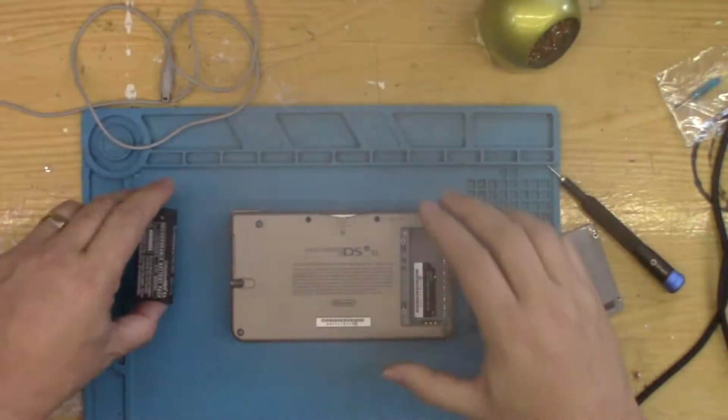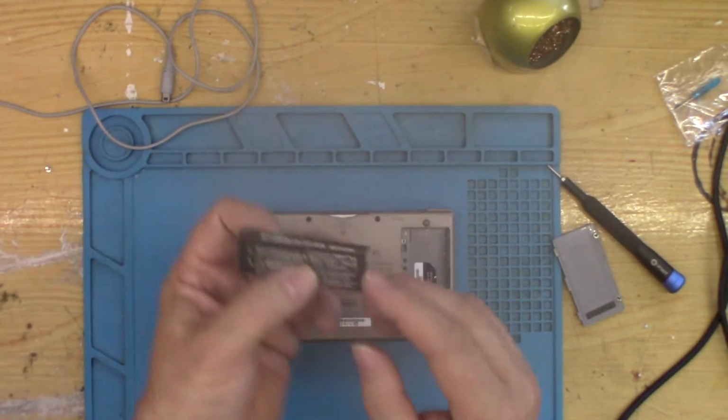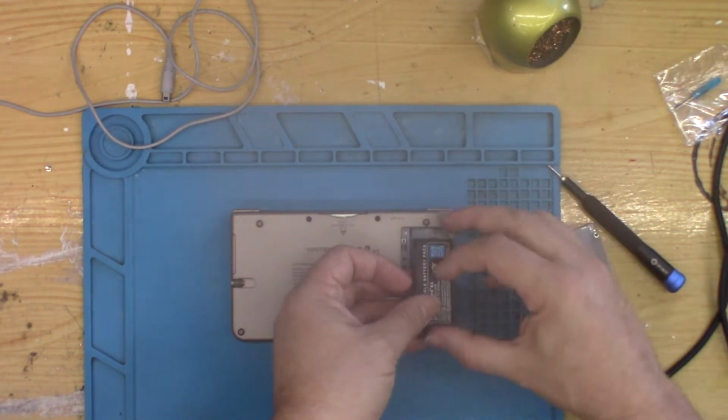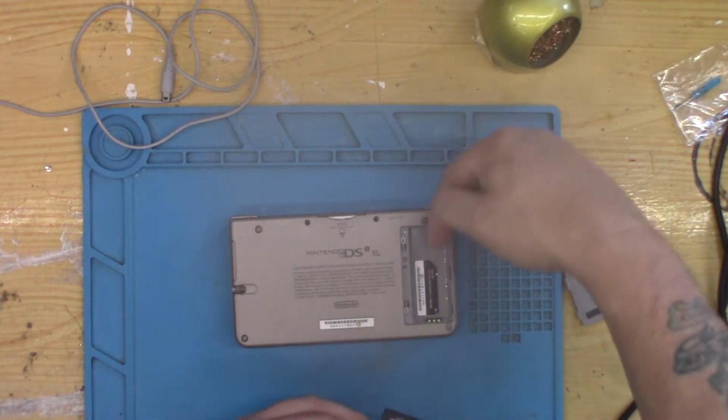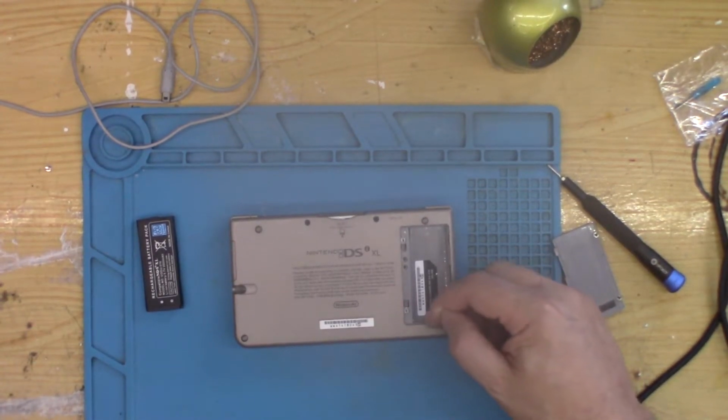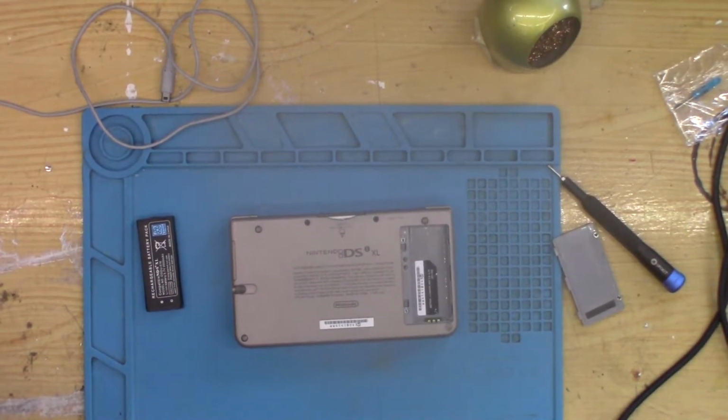That's good, except it's not good. So it could be a couple of things. It could be a manufacturing fault with the battery. I can possibly wedge something in the bottom there just to create pressure coming down. What I will do is get my picks out in a minute and just try to tease these out a little bit. But first, I'm going to take my free battery